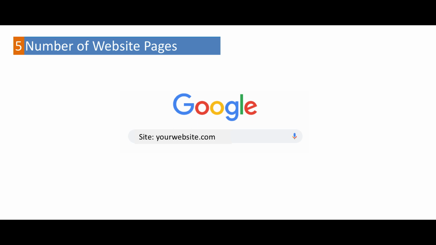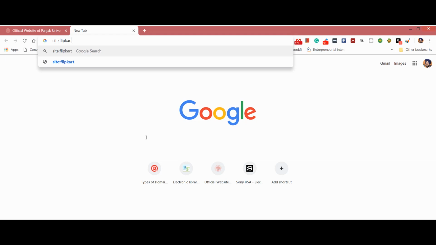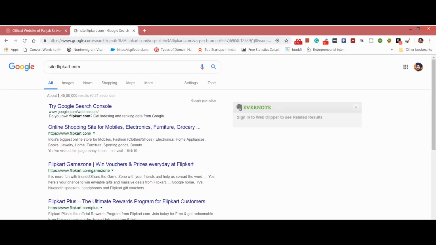Let me show you. I want to see the number of pages of flipkart.com. Open Google, type site:flipkart.com, and here is the number of total indexed pages of Flipkart. In the same way you can check the number of web pages of any other website.